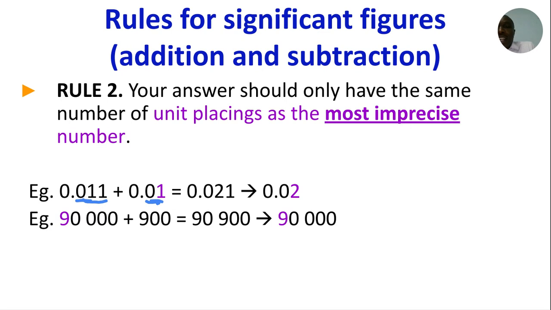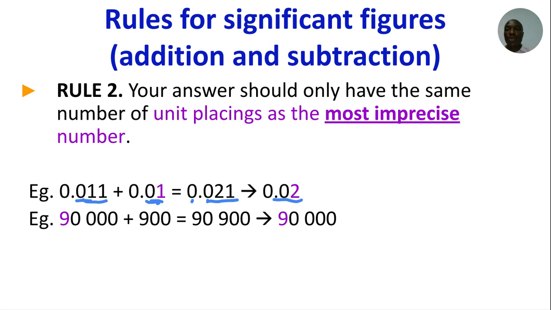That's why we're adding, and we're having, first of all, 0.021. These are 3 decimal places. But because our answer should be compared to the number which is more imprecise, which is 0.1, we shall write 0.02